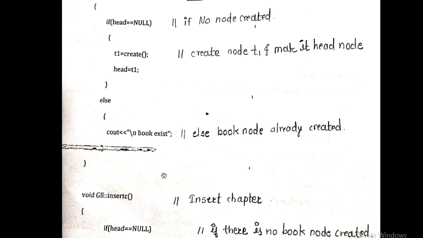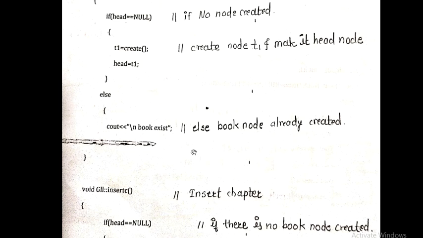Next function: if a book is created, for example with the name DSA, what is the next thing? Now we need to insert the chapters under the book. So what can be the chapters? Like in DSA we have the unit hashing, then the chapters trees, graphs, likewise, right? File operation, file organization, etc. So by using this insert chapter, we are going to insert the chapters under the head node, or we can say under the book name, right? Initially we will check if the book is present, then only we can insert the chapter. If the book is not present, then we will say there is no book, so we cannot insert the chapters.